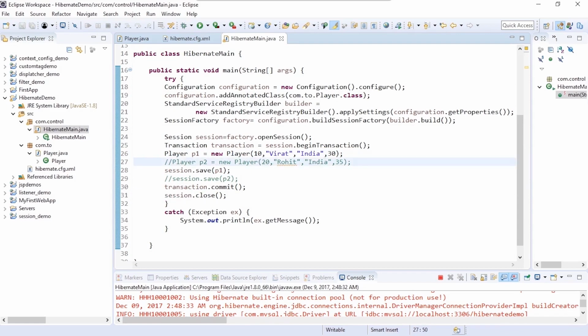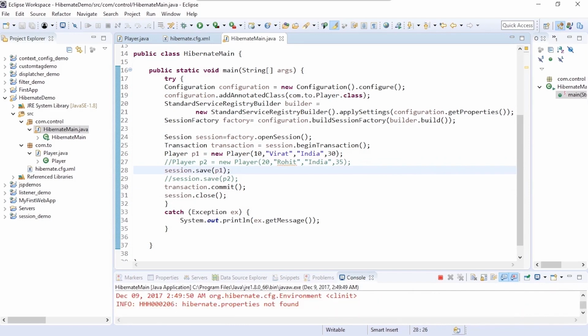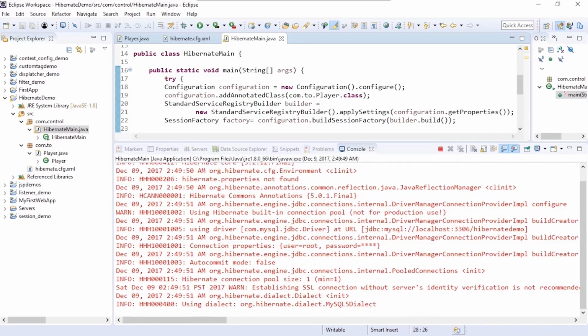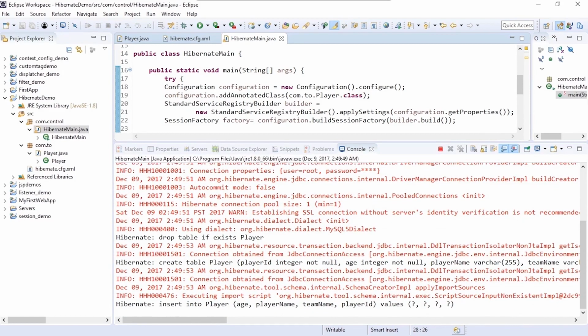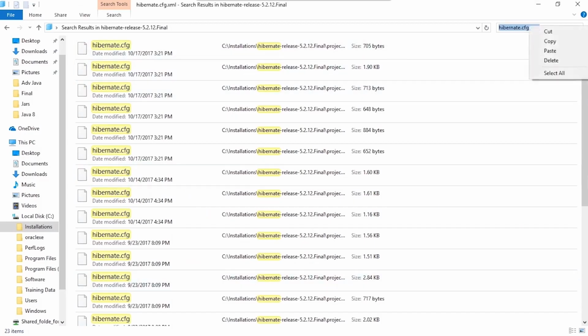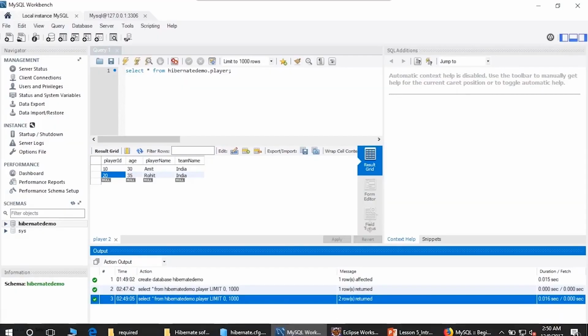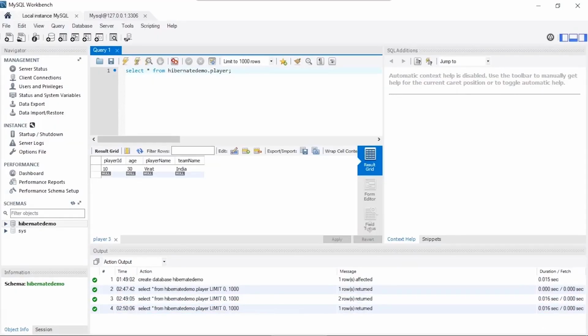Now, when we execute this, let's see what happens. So you see it's dropped the table, created the table again, and then inserted our individual player record. If we go to the database, you can see that it's now the updated value, but it has recreated the entire table, and hence the second record is gone.